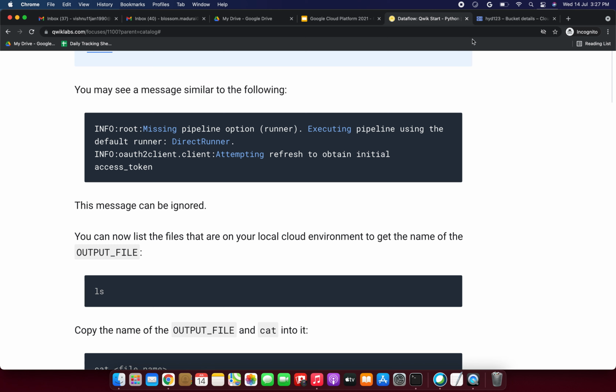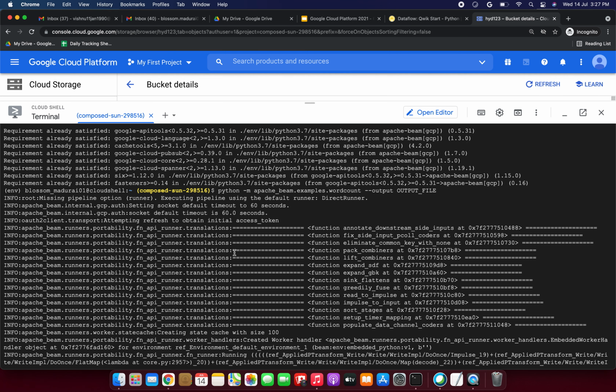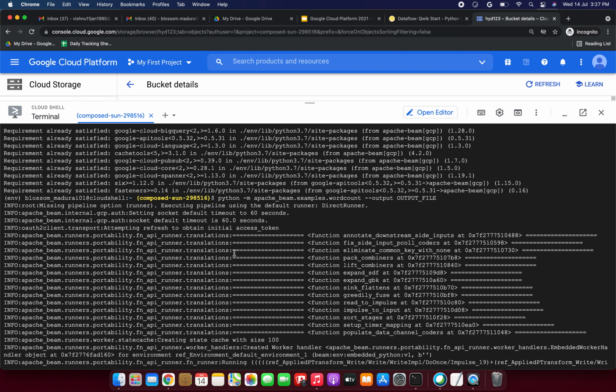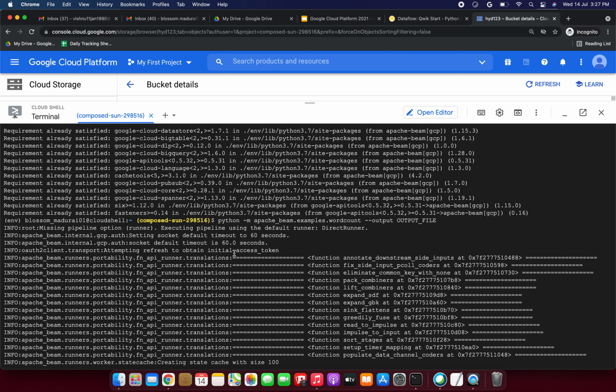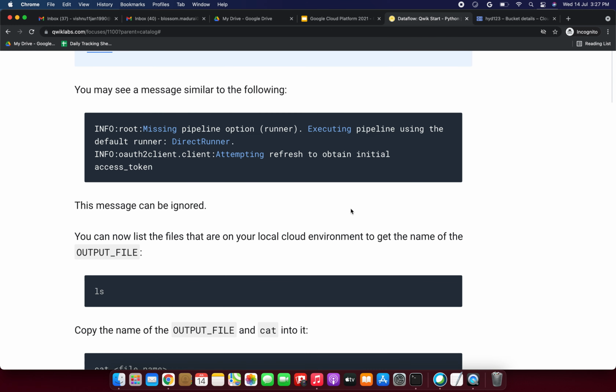We can ignore the message. Yeah friends, at the top we will see whether we got that message or not. Obviously you will get that only. Here we have given that command, and we are seeing 'Missing pipeline option (runner). Executing pipeline using the default runner DirectRunner'. We are getting the same message only. We can ignore that message right now.